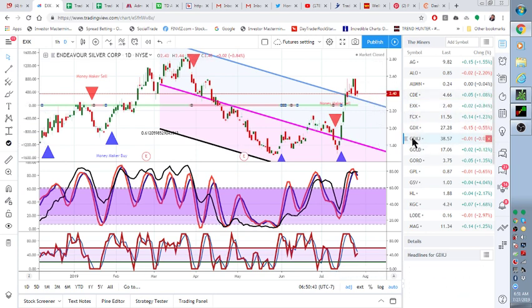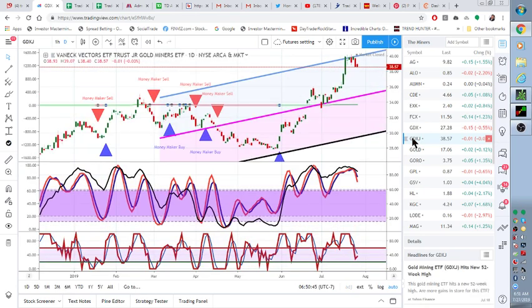And then if you go down to GDXJ, GDXJ is a juniors, so it'll react really nicely to good prices. And so look at the trade here. From 28 to 39, almost 40 on this last move. It's still technically a buy, but it broke the top of the channel here. I traded this one with options, and now it's bull flagging. I'll see if it falls back, but on a daily it's looking good,